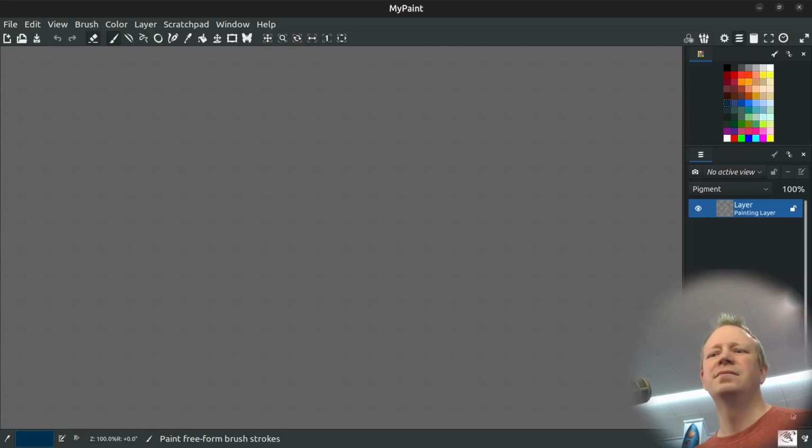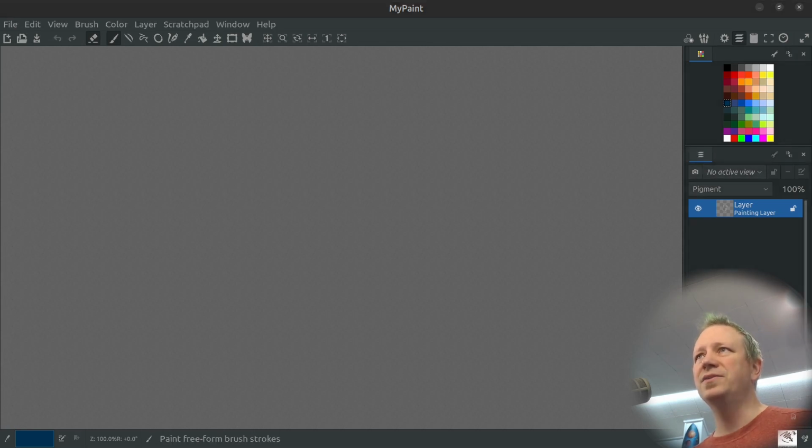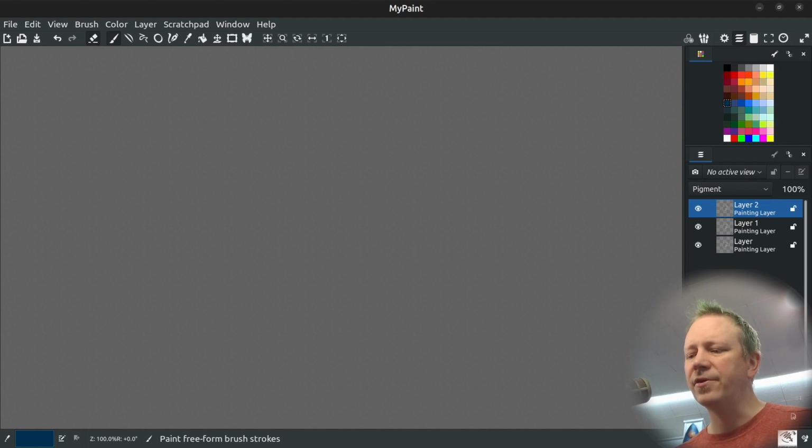Let's see. I've tried a whole bunch of them. There's another one here somewhere. There's one called MyPaint. This one actually doesn't look too bad. This one actually seems pretty nice. The problem is with this one, what I would have to do is adopt a layer mode, which I did before. I used to use Photoshop for my slides. And I could do this and then, let's see, I guess I got to select,